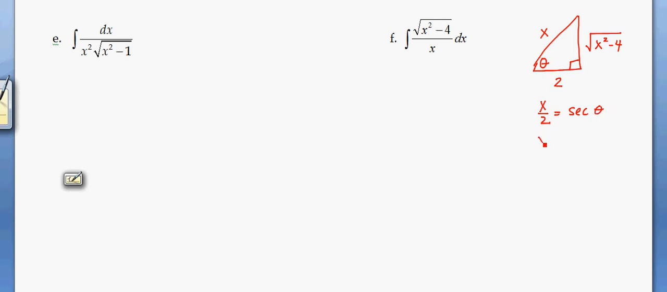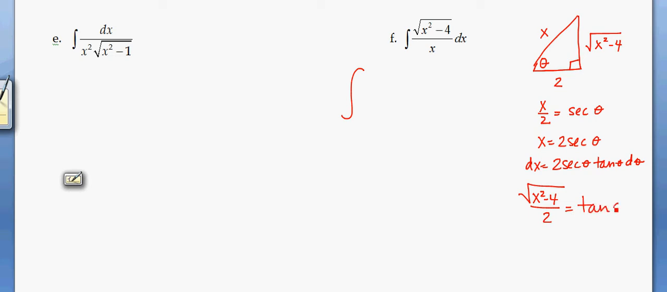Okay, multiplying both sides by 2, we get x is 2 times secant of theta. And so dx is 2 times secant tan d theta. So when I go to replace everything in terms of my thetas, I can either do directly that x is 2 secant theta, or I can go back to my triangle and say I'm trying to come up with something that represents the square root of x squared minus 4. Let's use the other side as the simplest one. Let's make that 2. So what's opposite over adjacent? That's tangent. So multiplying both sides by 2, the square root of x squared minus 4 is equal to 2